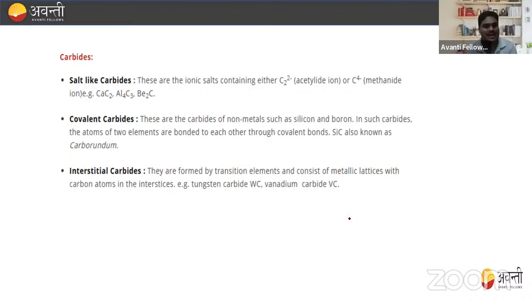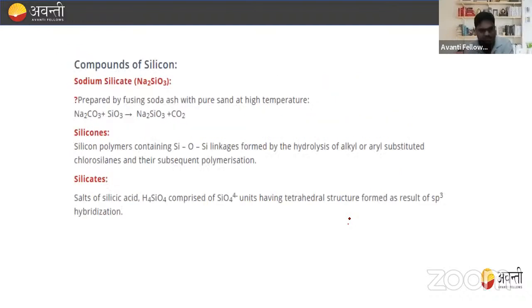Then we studied carbides. We have three types of carbides. Salt-like carbides are basically formed by ionic compounds. Covalent carbides are basically formed by non-metals, and interstitial carbides are formed by d-block elements like tungsten and vanadium. Right. Then, last, we studied the compounds of silicon like sodium silicate, silicones, and